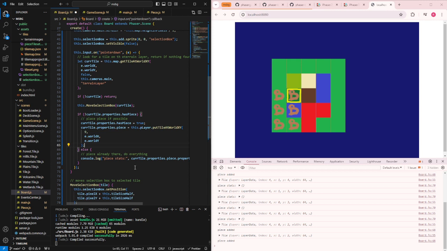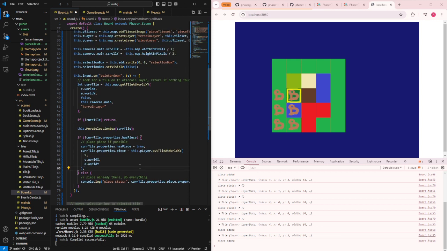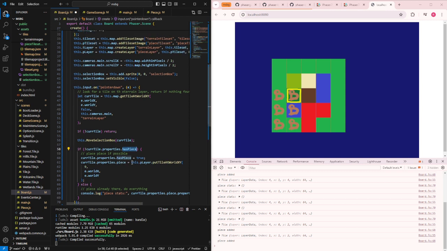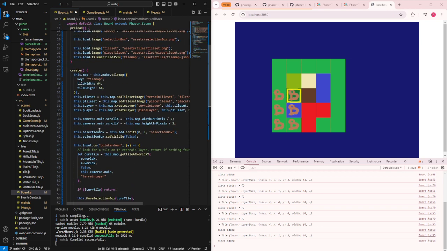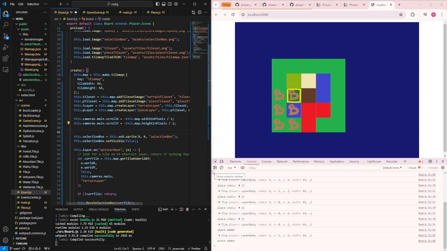I don't need that log right now. Also, I think this is better because this helps me with the condition. Selection box, initialize everything,